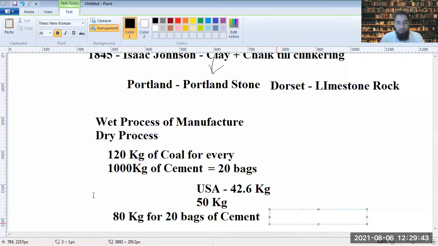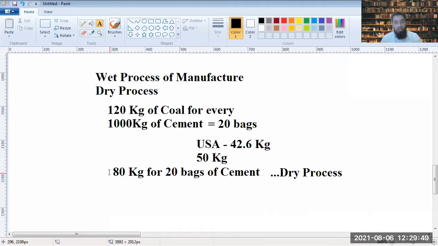This is in the dry process. Now tell me, this 120 kg of coal would be around